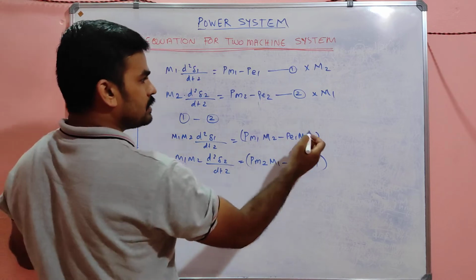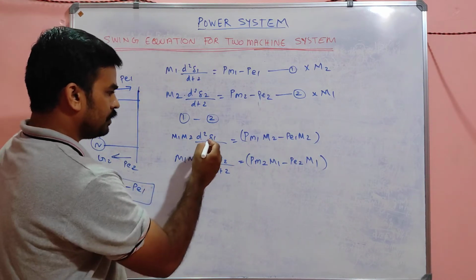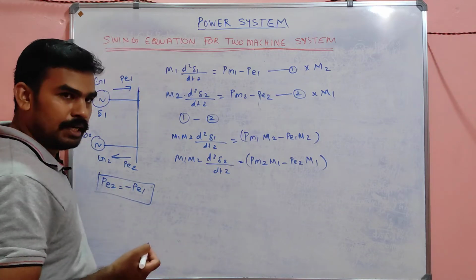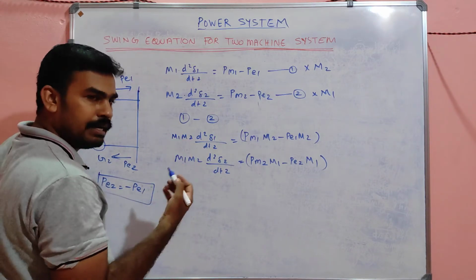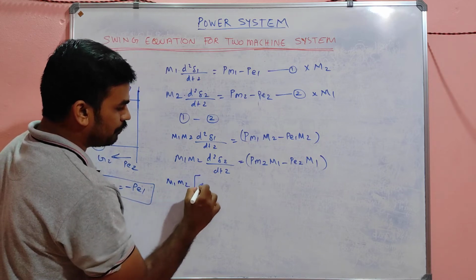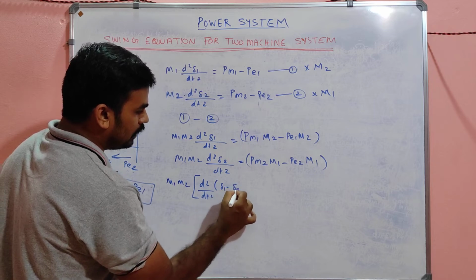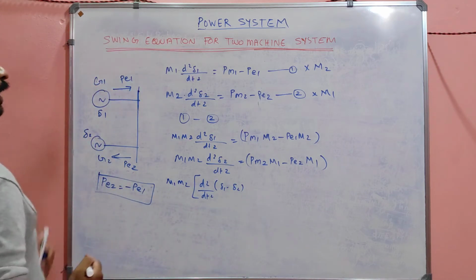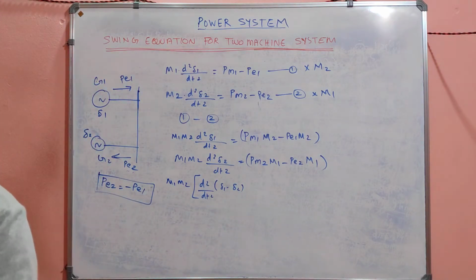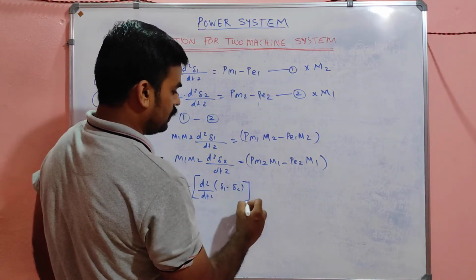So we have to subtract 2 from 1. So what will be the result? Since del 1 is greater than del 2, M1 M2 is common, so it can be taken outside. So M1 M2 into d square by dt square of del 1 minus del 2